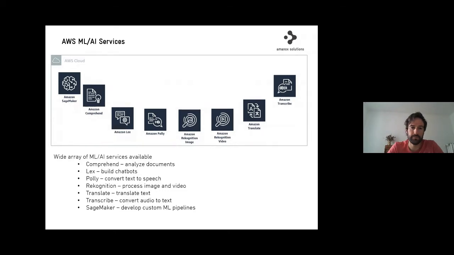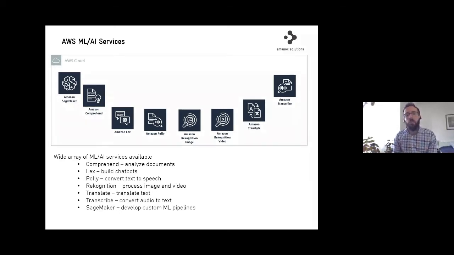Some of these services maybe you have heard about. For example, we have Comprehend, which is able to understand the content of a text,